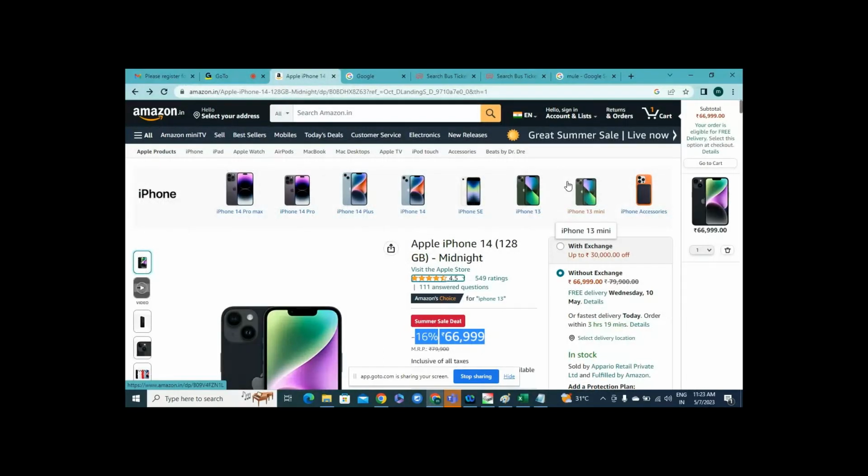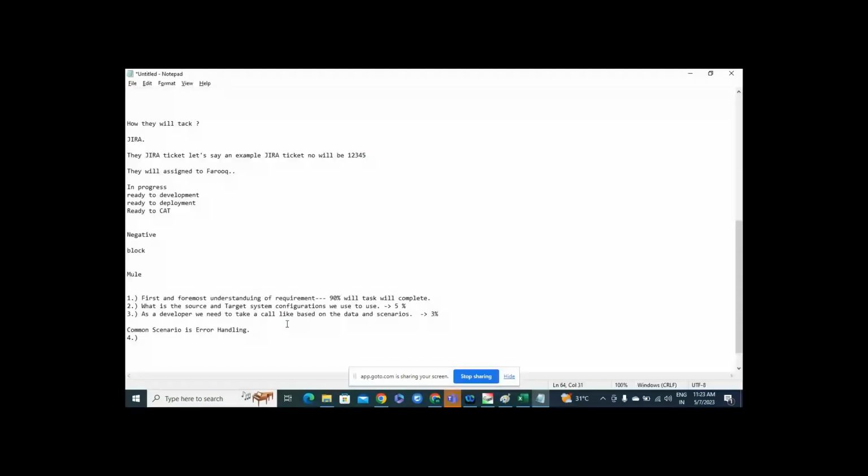No, right? Definitely the payment will fail, and I will get a failure message like: Hi Farooq, the card details you entered are invalid. Please make sure to enter the correct card number.